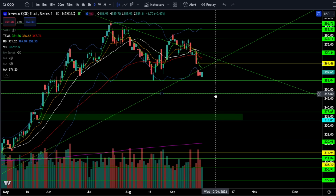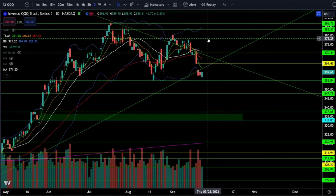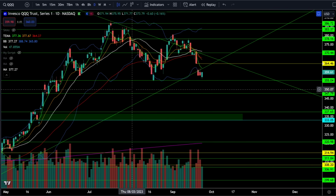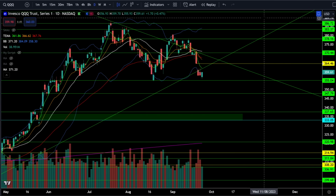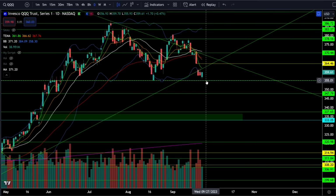So what that means is the triple Qs have the potential to double bottom from this zone right around 355 to 357, which would be very bullish if we double bottomed, got the breakout above 378, and confirmed that next leg higher to retest the previous all-time high, which, as you know, is my preferred scenario. So the triple Qs critical risk is right here at 355,